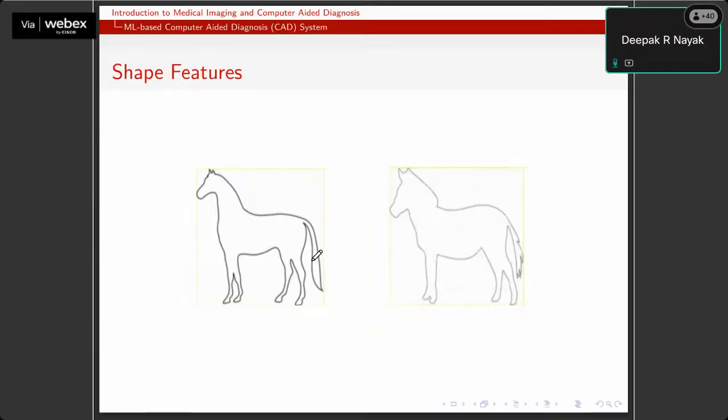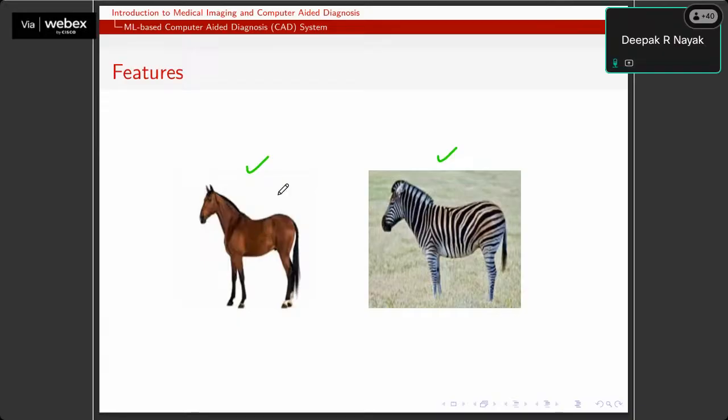So here, what is very important in this case is texture. You can see the body color as well as the body texture, which varies. So we can extract the texture features rather than taking shape-based features. Or what you can do, you can take the shape-based features along with the texture features. You can take the combination of the features to solve the problems.